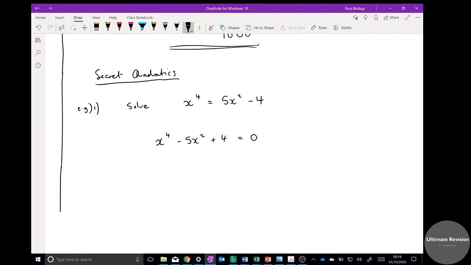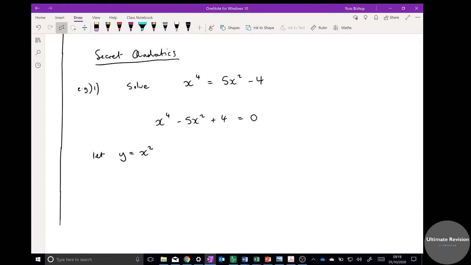okay, I can now do a clever substitution. I can say let y, it doesn't have to be y, any letter, equal x squared. Now if y equals x squared, x to the power of 4, well, if we just put over here a bit of side working,